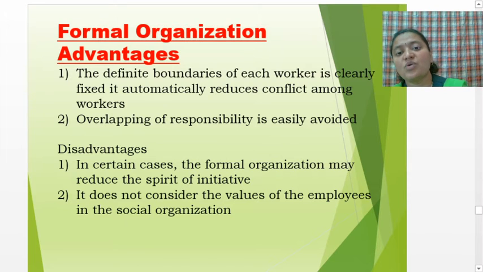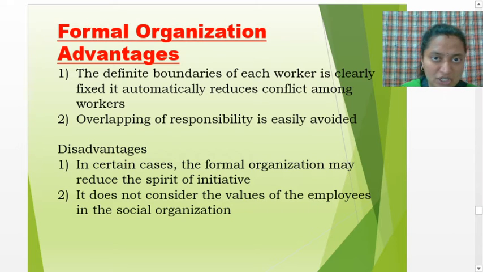So whatever boundaries are there of each worker, meaning whatever duties have been allocated to each worker, have been clearly fixed. For example, if one worker is handling the machining part, his duty has been fixed. If another worker is handling the production part, his duty has been fixed. If another worker is handling the technical part, his duty has been fixed. In that way the definite boundaries of each and every worker are fixed, and it automatically reduces conflict among